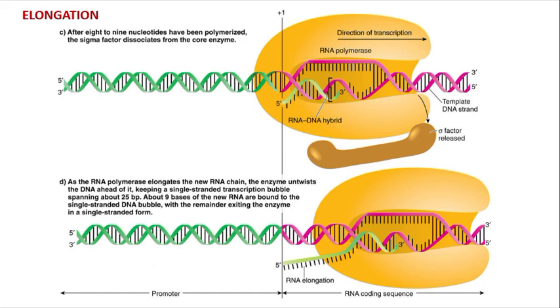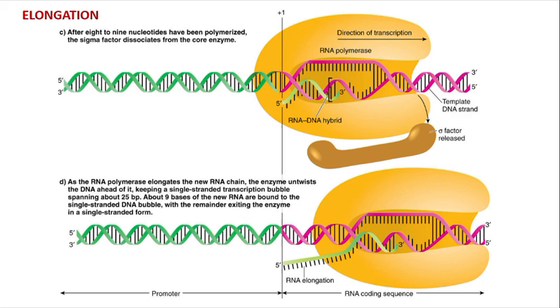It forms a small helical structure of DNA with RNA. You see the pink with green in the bubble, the transcription bubble. This green color 5' to 3' represents the newly synthesized messenger RNA. Always the new strand is synthesized in the direction of 5' to 3' only. Don't forget that. In the elongation here, after 8 to 9 nucleotides have been polymerized, maybe 8 or 9 nucleotides added,